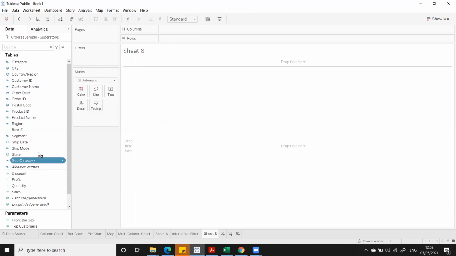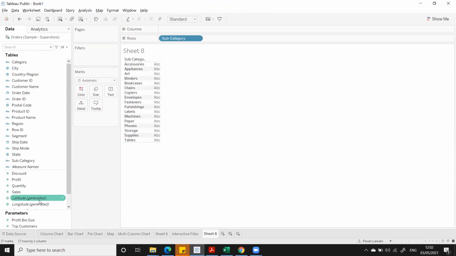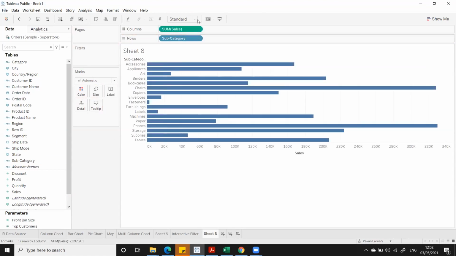Suppose if I drag subcategory into rows and sales into columns, we'll prepare the same chart multiple times.